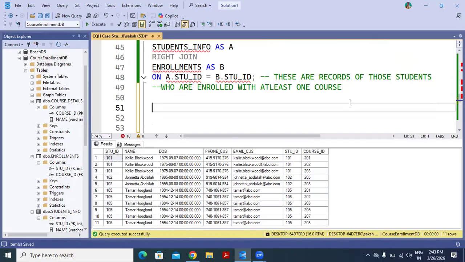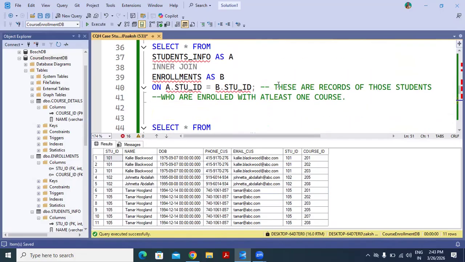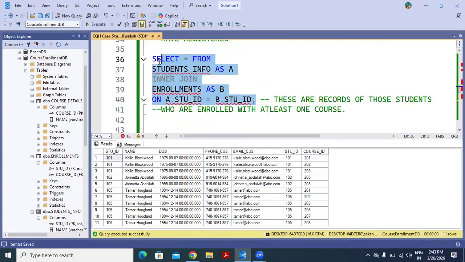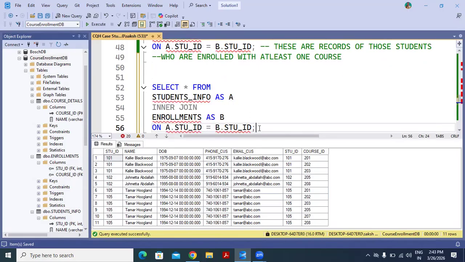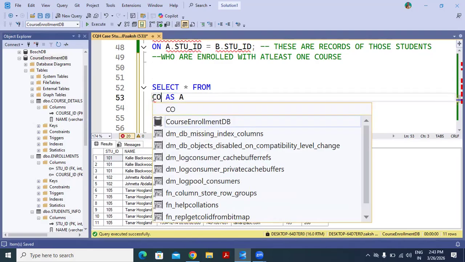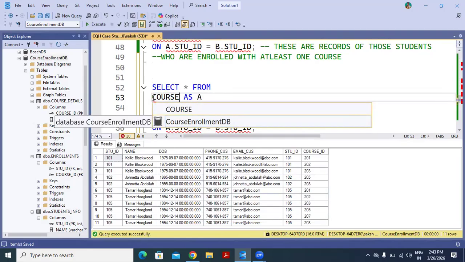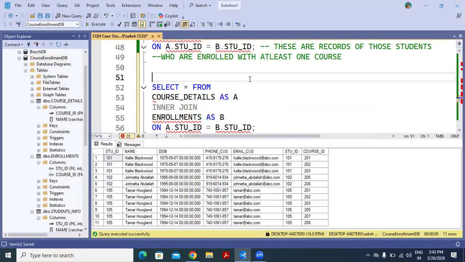Now let's try to join the second table and the third table. So now your first table becomes your course table. And here you have the common column as course ID.